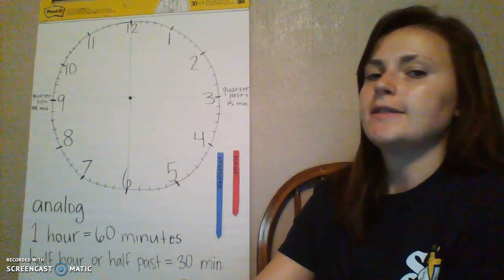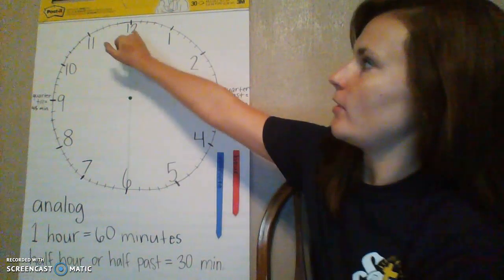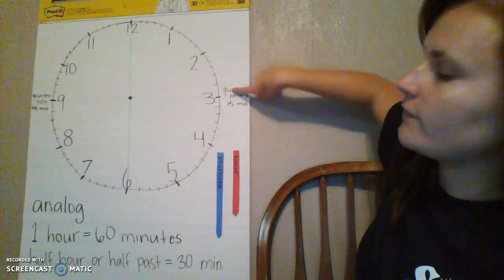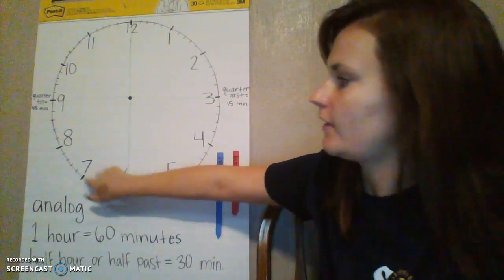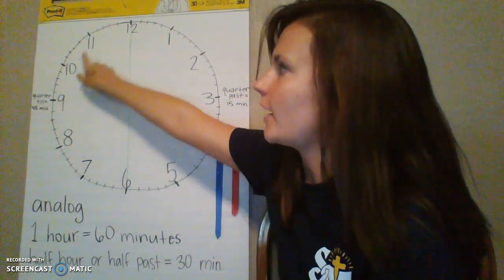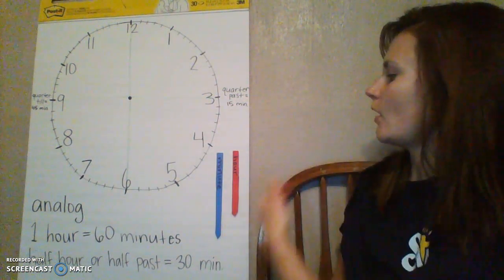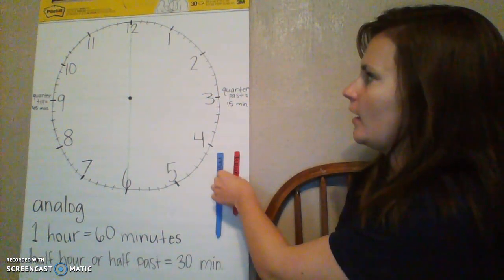Okay, and you can remember this by counting by fives. So that's 0, 5, 10, 15. That's a quarter. 5, 10, 15. Okay, so I'm going to make the time